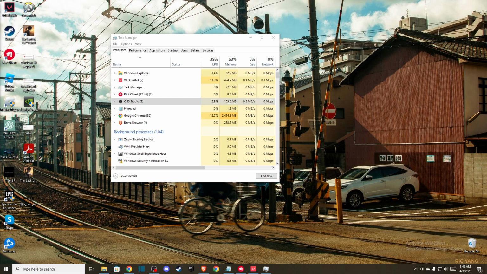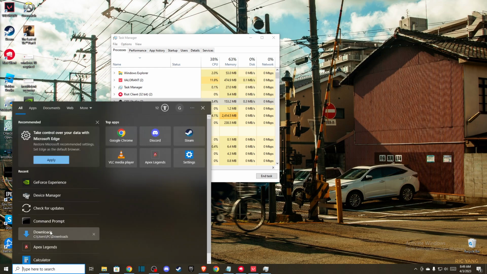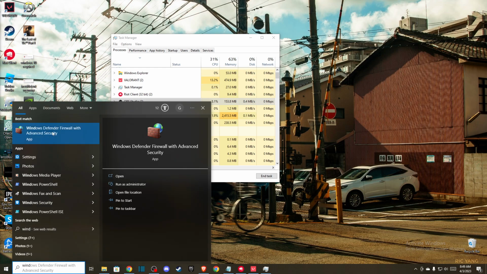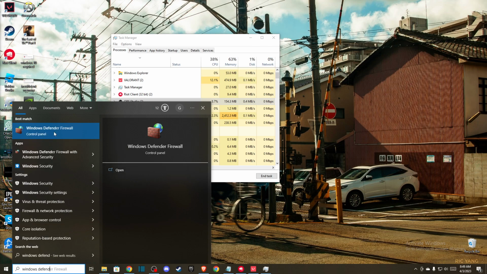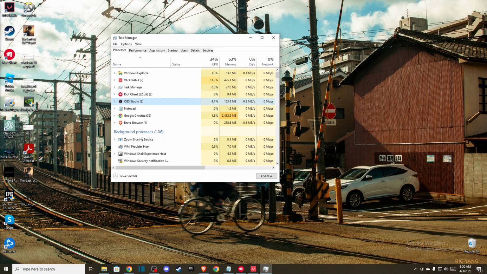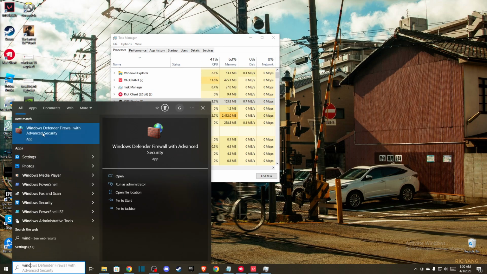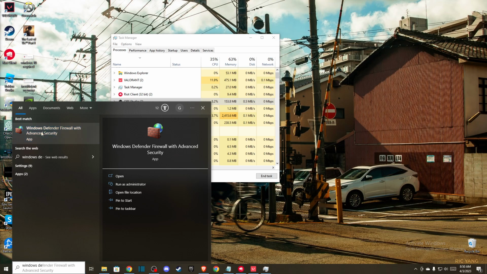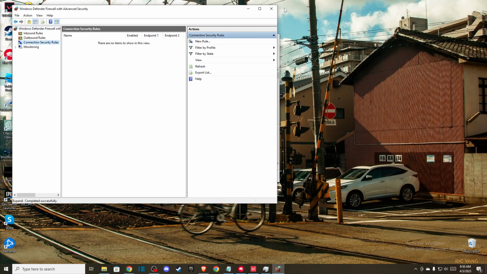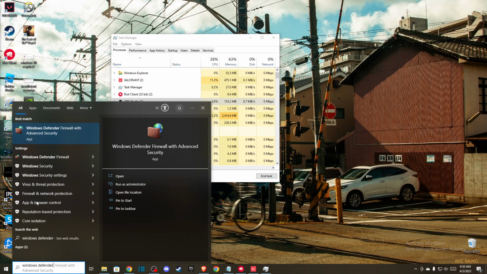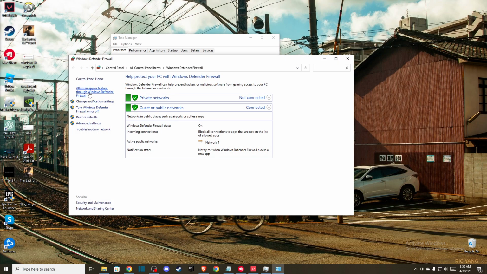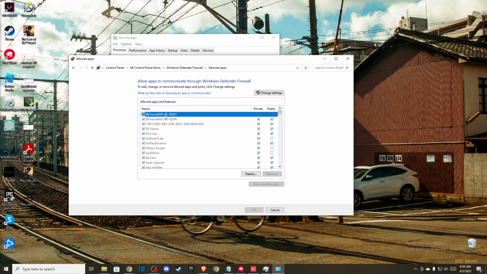And if the problem persists, then you need to just open up Windows Defender Firewall, here, and then go to allow an app or feature through Windows Defender Firewall, and then you need